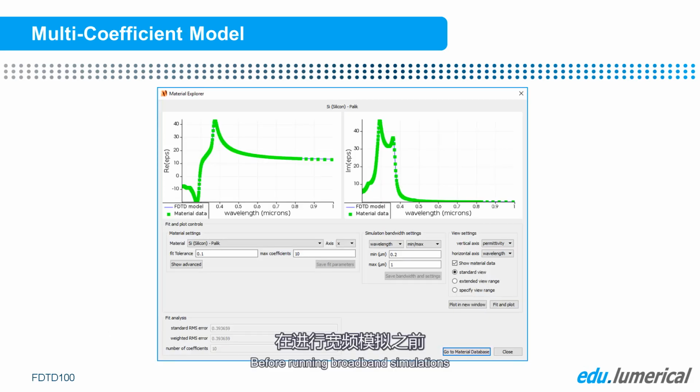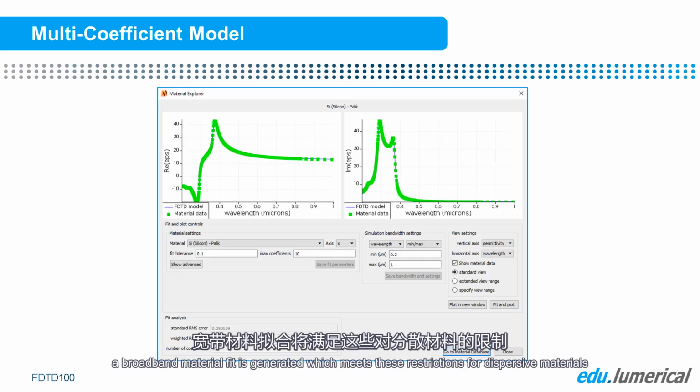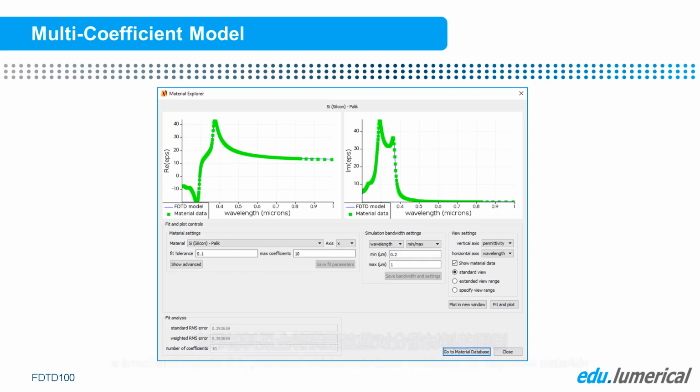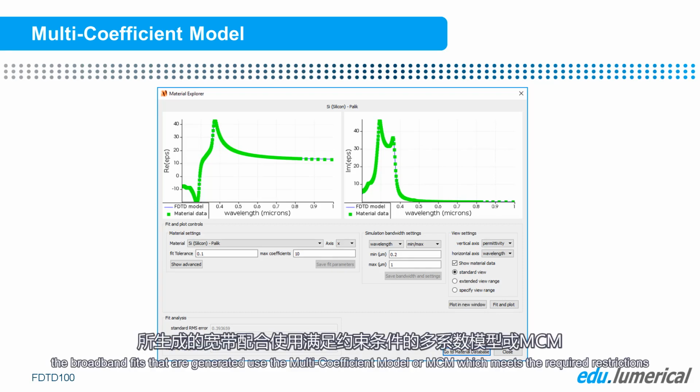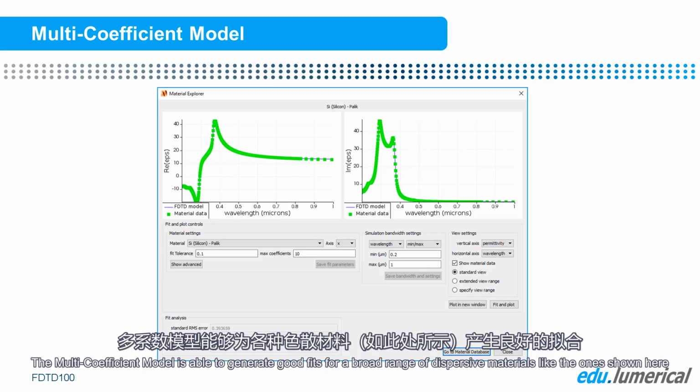Before running broadband simulations, a broadband material fit is generated which meets these restrictions for dispersive materials. For imported data in sampled data materials, the broadband fits that are generated use the multi-coefficient model, or MCM, which meets the required restrictions. The multi-coefficient model is able to generate good fits for a broad range of dispersive materials